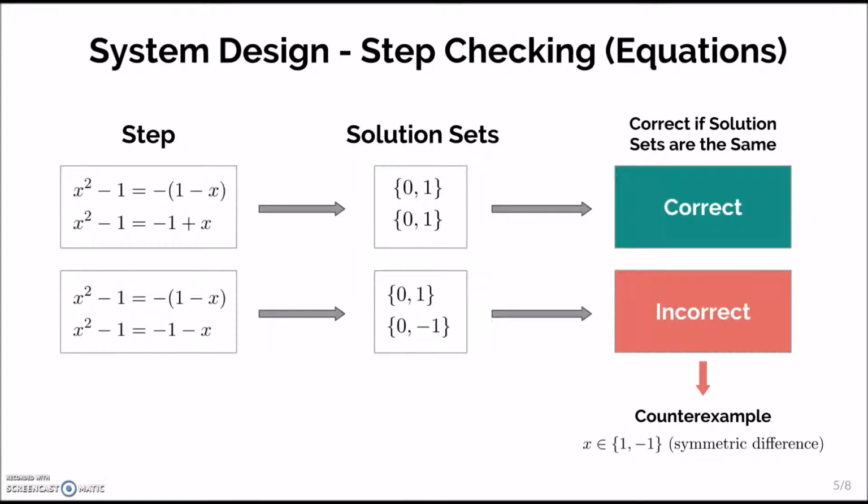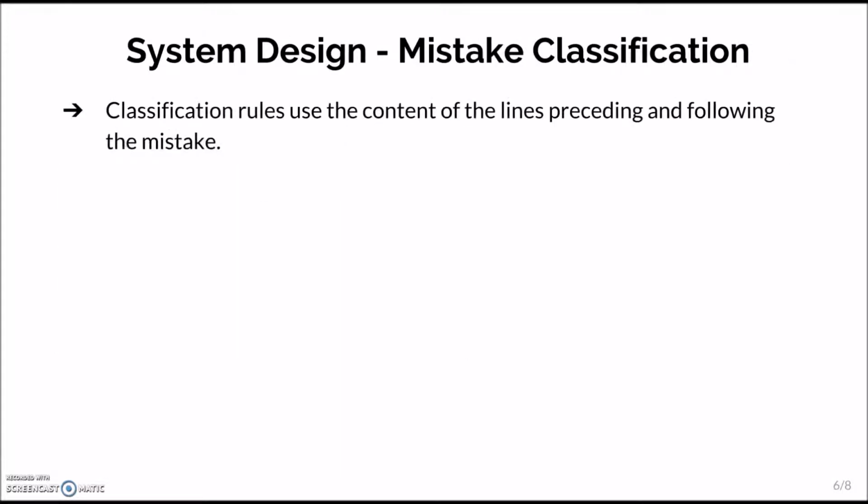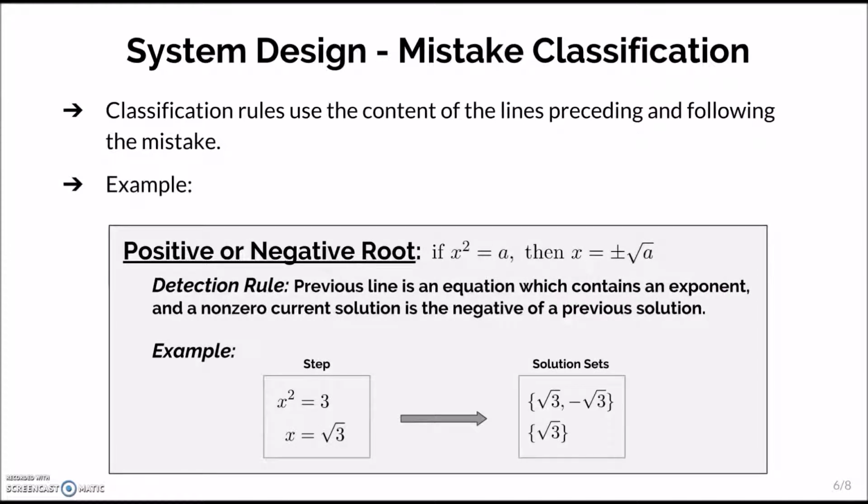Moving on, let's talk about mistake classification. The mistake classification rules are called whenever a mistake occurs, and they use the content of the lines preceding and following the mistake. For example, one of the mistake classes is positive or negative root, and the feedback that is given to the student for this mistake class is that they're told that if x squared equals a, then x equals positive or negative root of a. So this would be meant to help a student who has forgotten to list the positive or negative root in